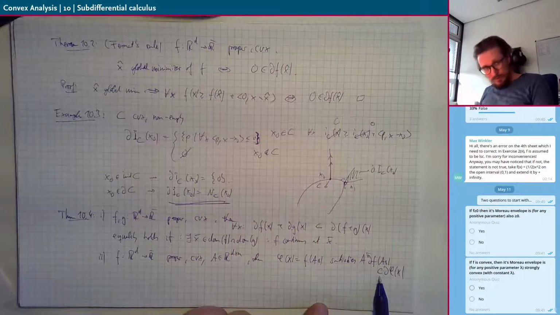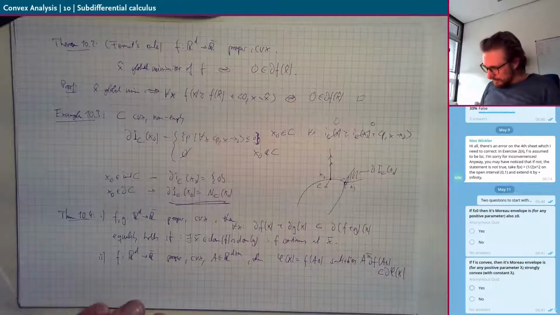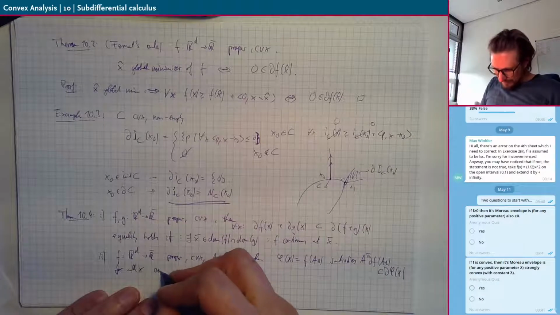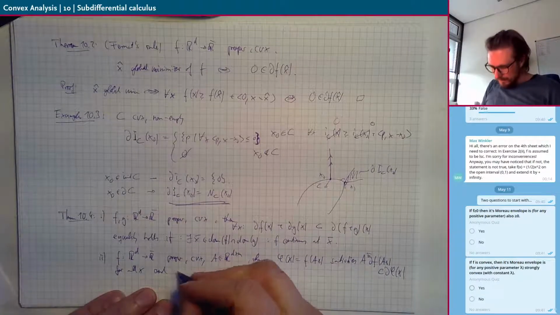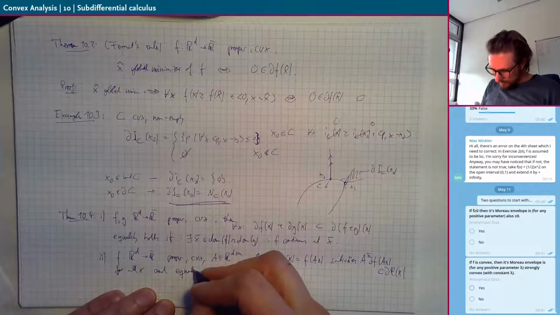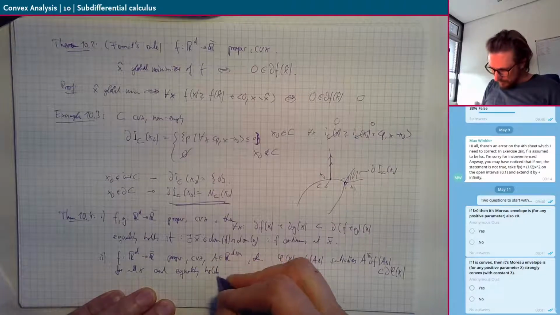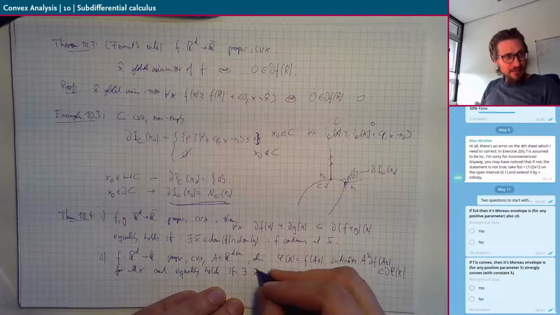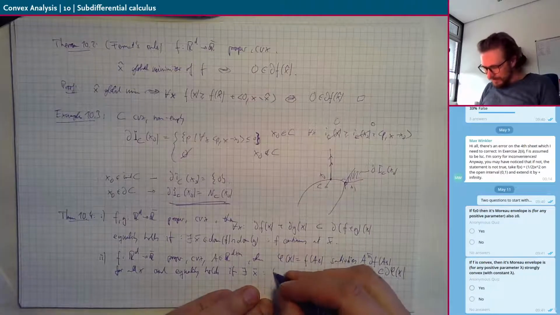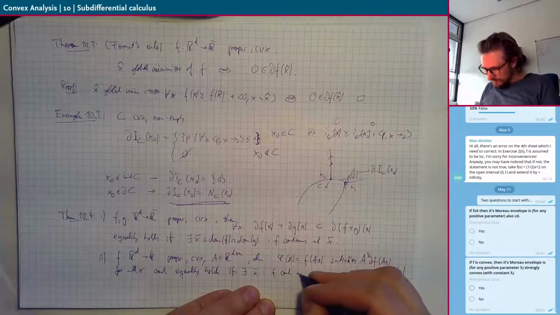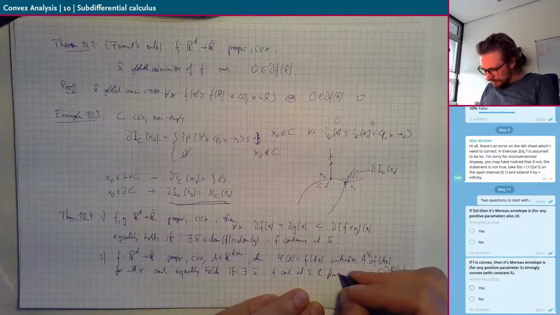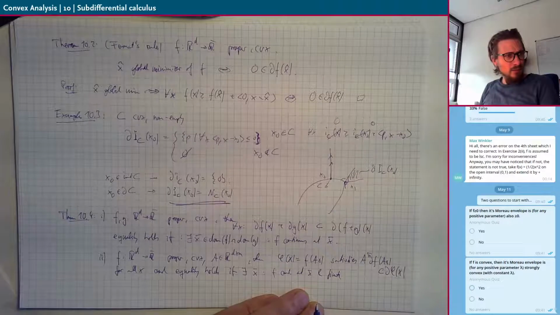Again, no equality in general, for all x. And what about equality? Equality holds if there exists, again, an unrelated point x bar such that f is continuous at x bar and